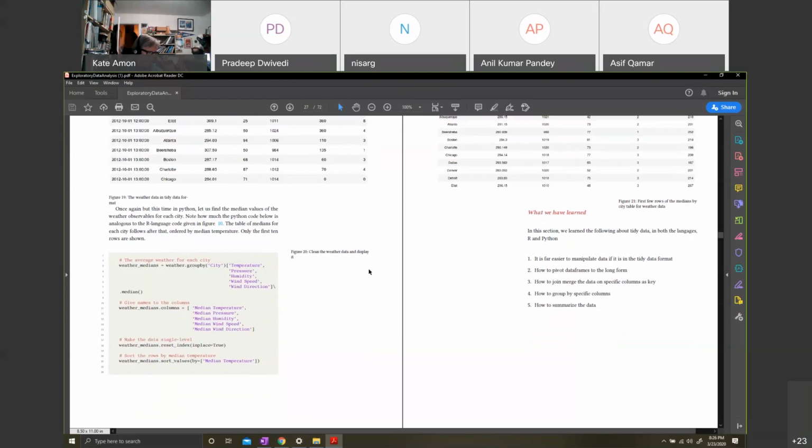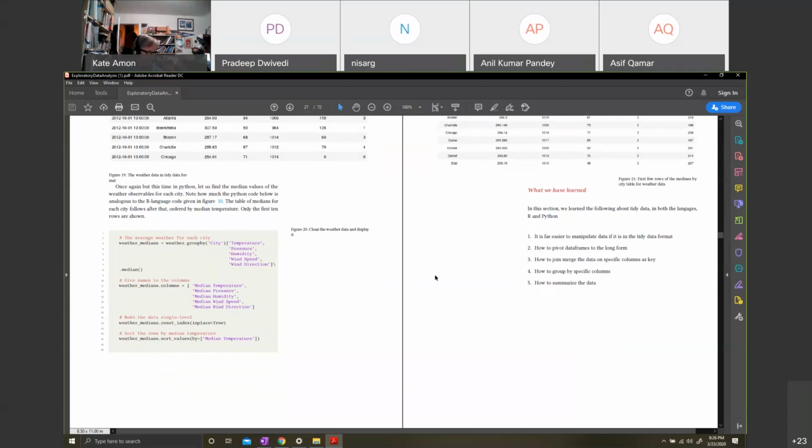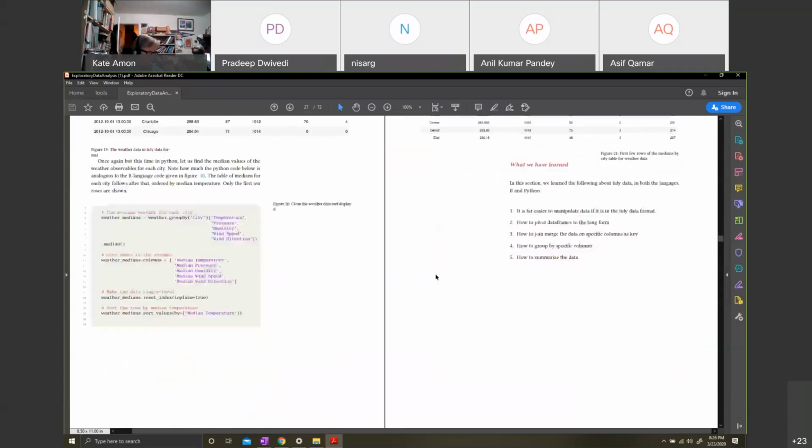This is where you need to become so fluid, so fluent with this, that you see the data and as second nature, you can immediately go about cleaning it and pivoting it. And Nisarg and Anil, some of you were there in the boot camp in the previous thing. You remember that there's more to it: missing value handling, outlier treatments, novelty treatment, isn't it? And anomaly detection, and so on and so forth. So there is a lot, but we have started dealing with the data, and we'll do more after this. So this is tidy data, guys.